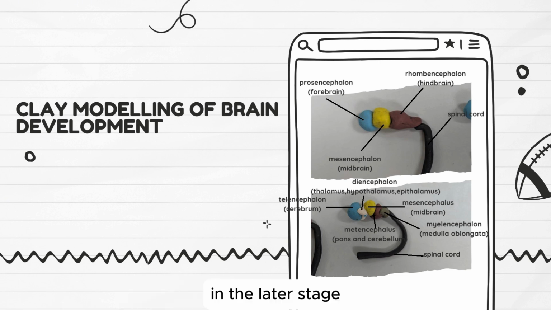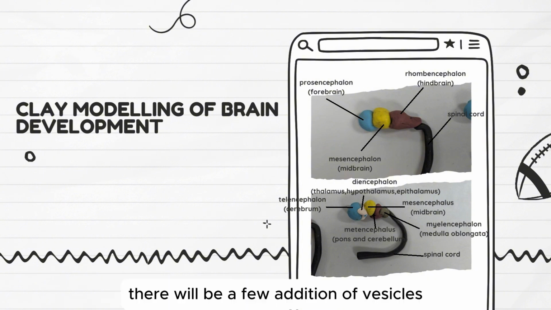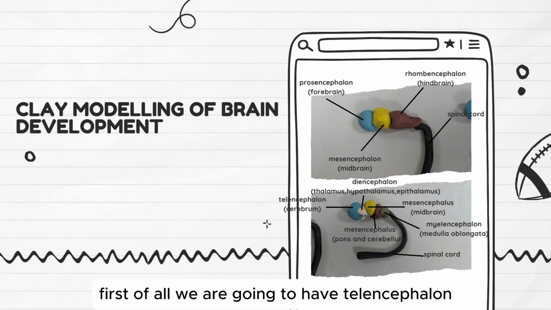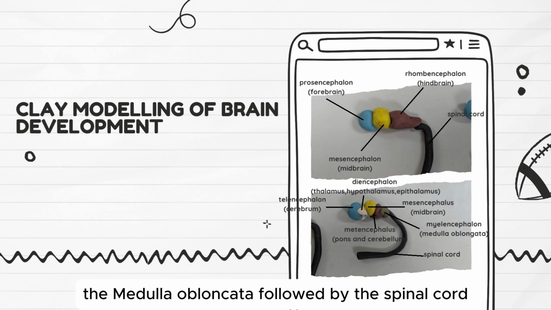In the later stage, which is the five secondary brain vesicles, there will be a few additions of vesicles. First of all, we are going to have telencephalon, which is the future cerebrum, diencephalon, the thalamus, hypothalamus, epithalamus, mesencephalon, the midbrain, metencephalon, pons, and cerebellum, and lastly, the myelencephalon, the medulla oblongata, followed